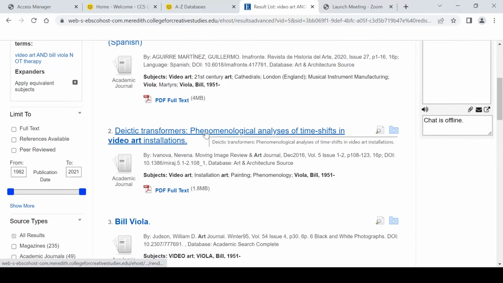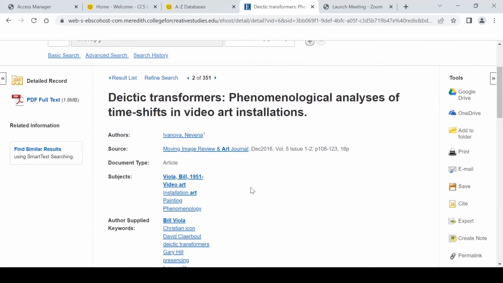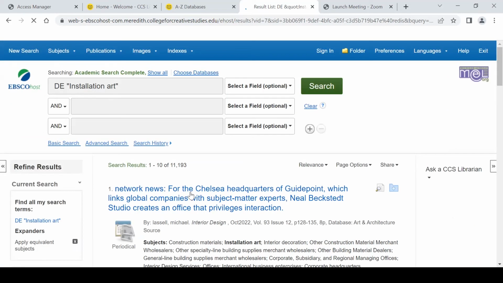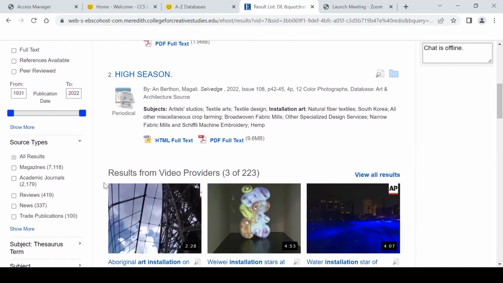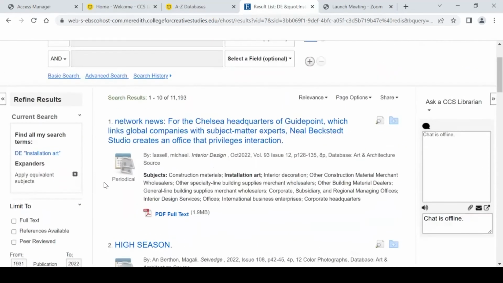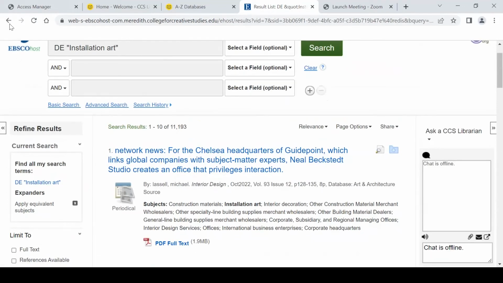And if you click into a record, you can see that there are subject headings. And these can be really helpful as you're conducting research. You can see there's one for the artist, one for video art, installation art. And so if you click on one of these subject links, it conducts just a basic search for that subject. So here we see more resources that deal with installation art. So if we go back to our results here,